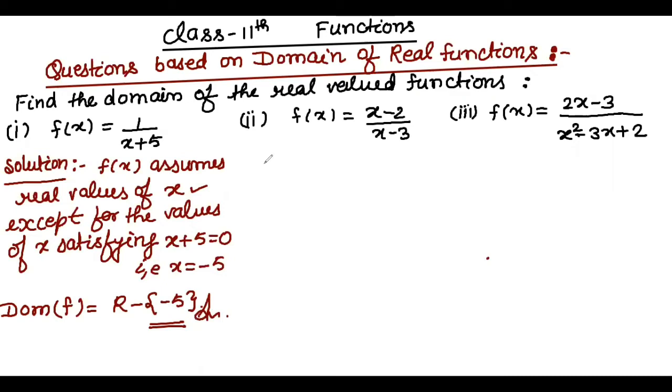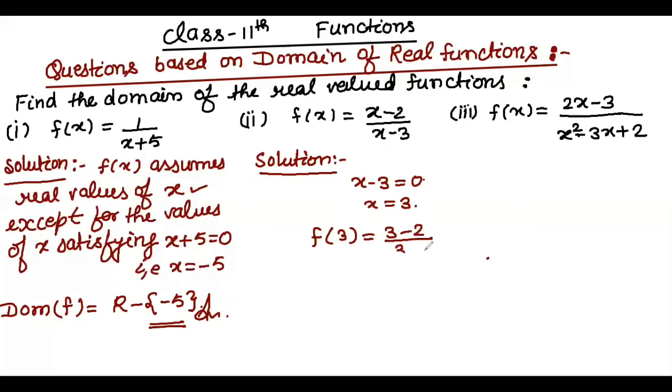Now second question. Here also (x-2)/(x-3). So if we are taking in denominator part x - 3 = 0, means x = 3, if we are applying in the function, what we are getting? f(3) = (3-2)/(3-3). So means we are getting 1 by 0. That is infinity, not a real number. Same problem. So always we have to take a meaningful value, means real value after applying a number, after applying domain value. So we have to avoid this x = 3.